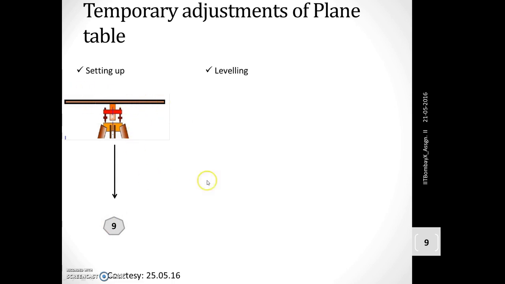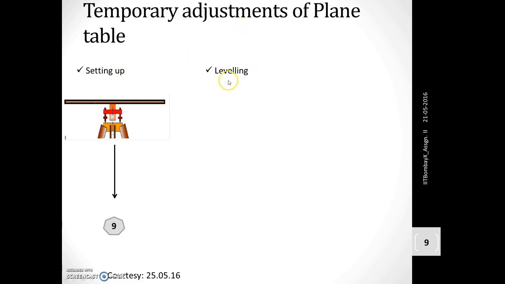Before using the plane table for any purpose, we have to carry out certain temporary adjustments. First one is setting up. Let's presume this is a certain station on which we wish to mount the plane table. We will see that the vertical axis of the equipment will be roughly passing through this station, and the surface of the plane table will be roughly horizontal.